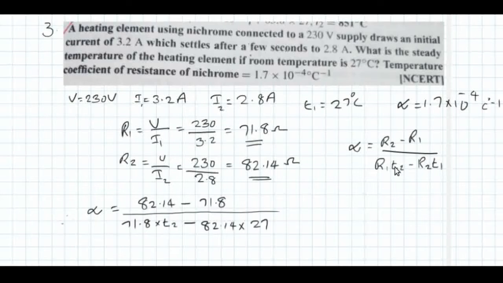So substituting for this, we can write 1.70 × 10^-4 in place of alpha, that is equal to 82.14 minus 71.8, that is R2 minus R1, divided by 71.8 into T2, where T2 is the unknown temperature, minus 27. So on solving we can find the answer for T2,